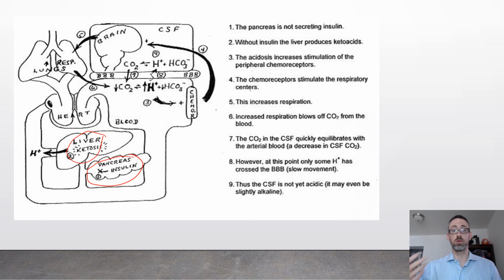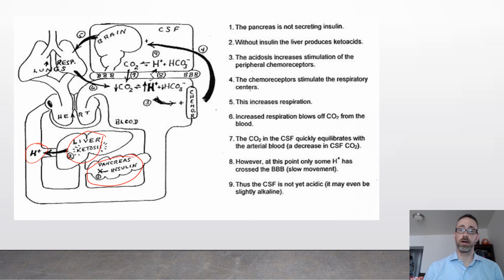And so the liver starts to produce more and more of them. And so the proton level starts to go up and up and up. And as the proton concentration goes up, the pH goes down, becomes more acidic. Okay. Now, if you recall, our peripheral chemoreceptors are responsive to the change in the proton, as well as our